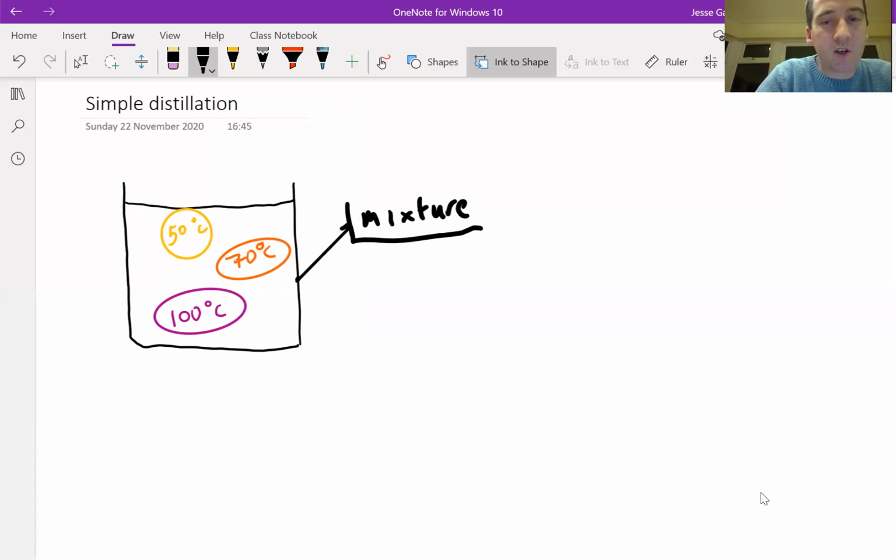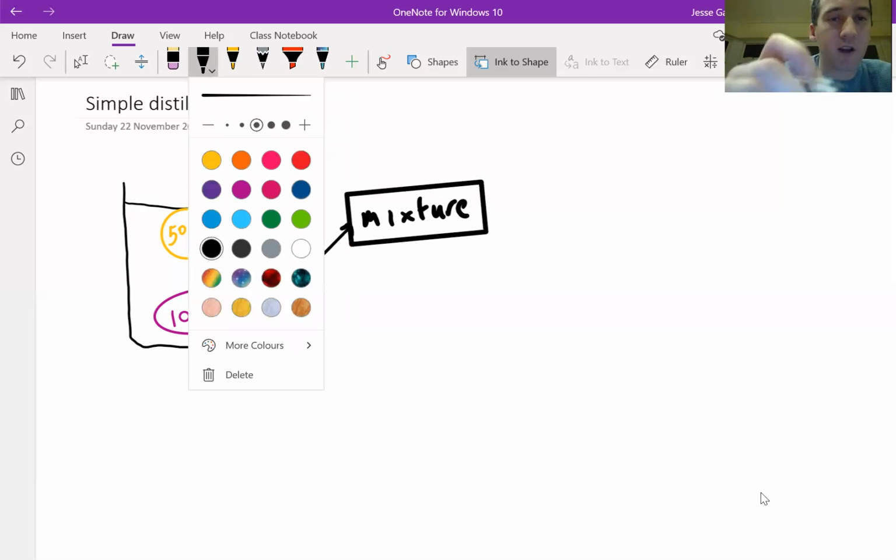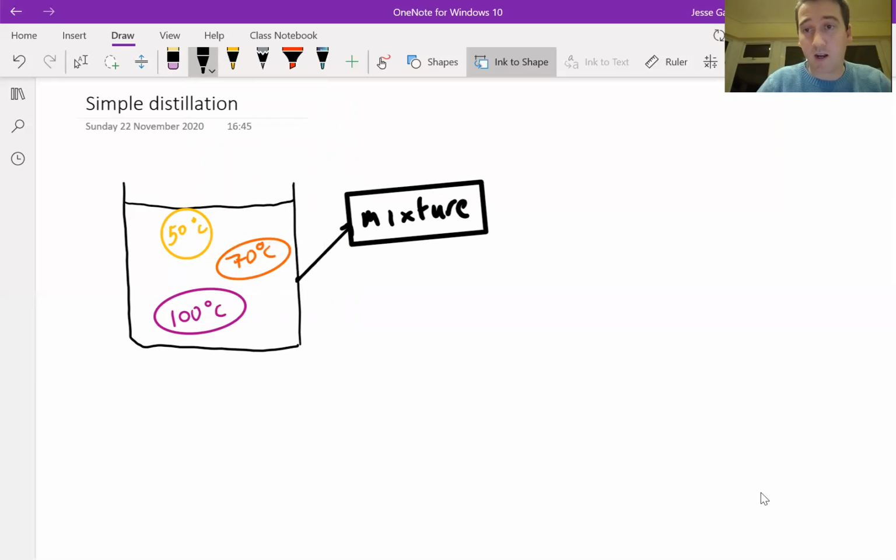What is the definition of a mixture? I want you to speak your answer to the screen now. 1, 2, 3. Okay, so a mixture is 2 or more substances that are together, but they're not chemically combined. In this case, we've got 3 liquids, and they are together, but they are not chemically combined. So a mixture this time is of liquids